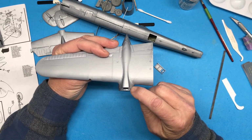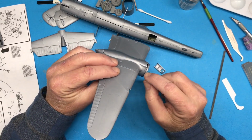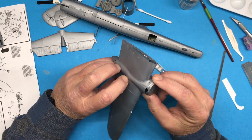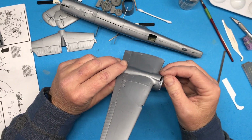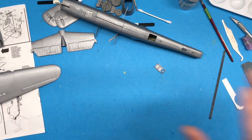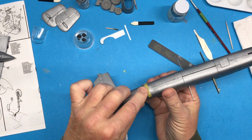I will have to sand this stuff here and here, get that looking a little bit better. Right here, there's a natural panel line there and there. So I just need to kind of fill it in and get it smoothed out as good as I can, and should be okay. So far, so good. All right, I have successfully glued the door in place,